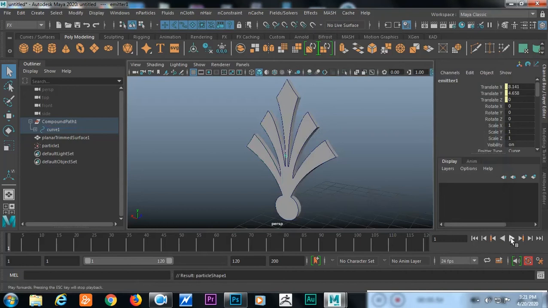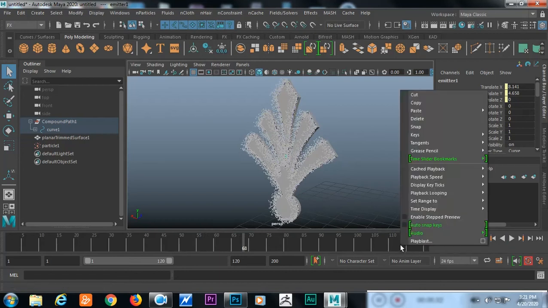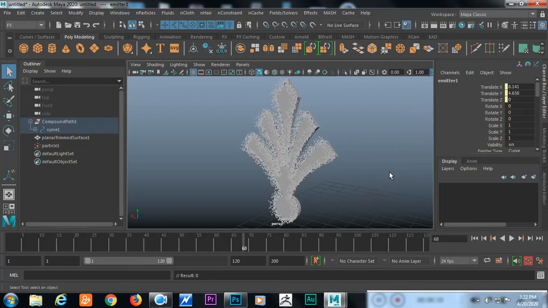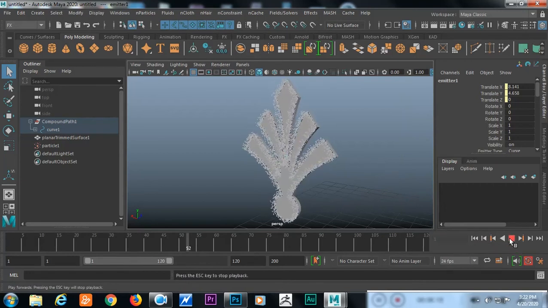If we play and check this, we can see the particles are coming out from this particular thing. Inside the timeline, right click on the timeline, go to Playback Speed, and click on Play Every Frame, because particles and dynamics need to play every frame. Just click on the play button and check that the particles are coming out.